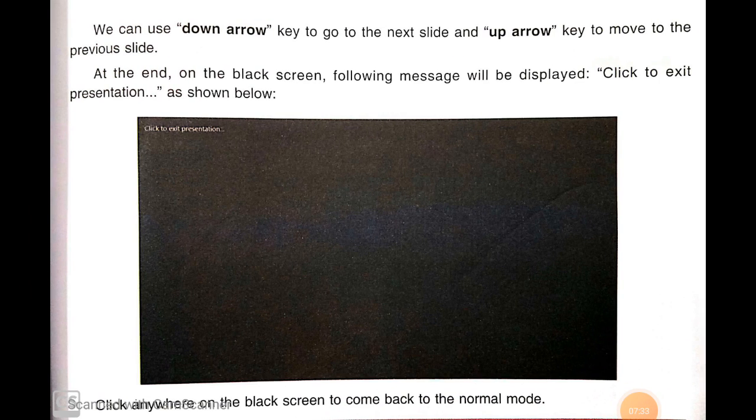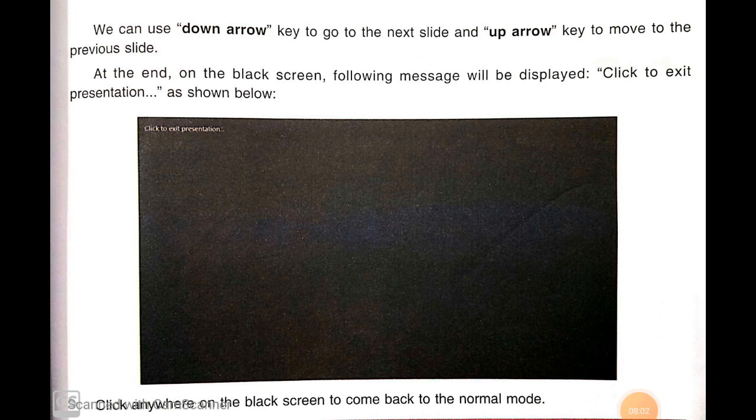At the end, on the black screen, the following message will display: Click to exit the presentation, as shown below. Click anywhere on the black screen to come back to the normal mode.